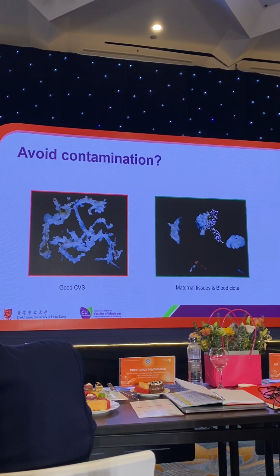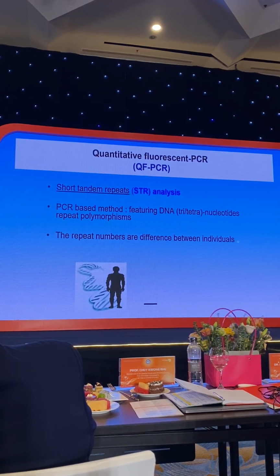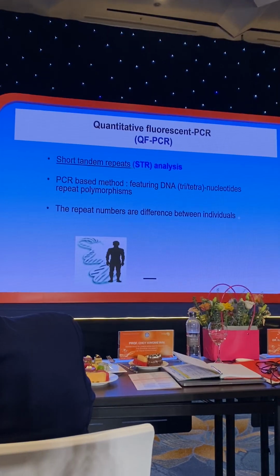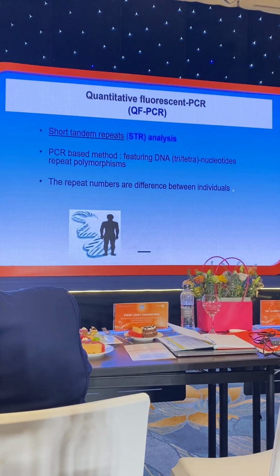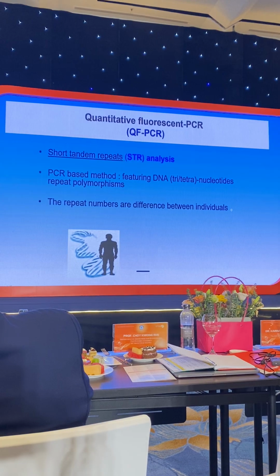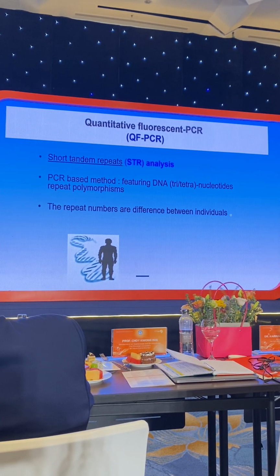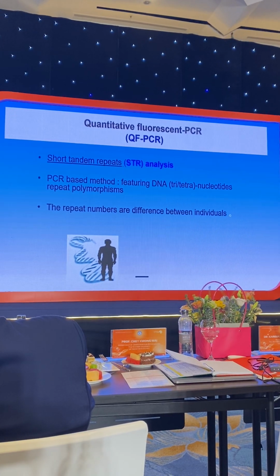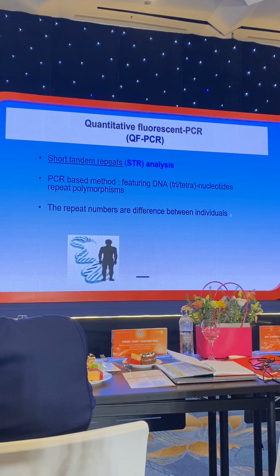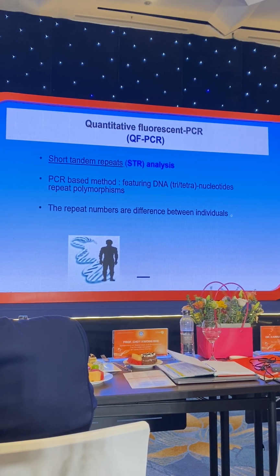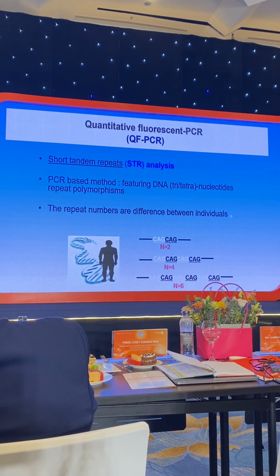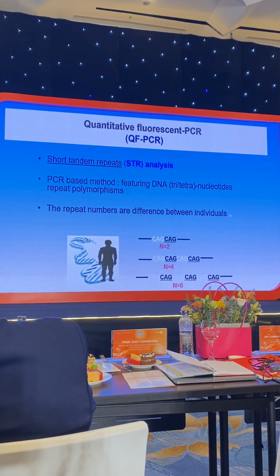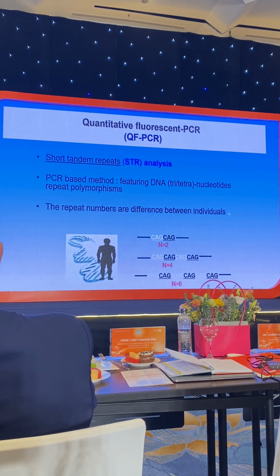But what I want to bring up is, what's the best test? The simplest one, right? I echo what Professor Mark said this morning. Actually, quantitative fluorescent PCR. It's an old technology, very fast. I understand even from the hospital locally, only a day and you have a report. So it's very important. It's a very simple principle because in our genome, we have short tandem repeats, we call STR, that between you and me, actually our repeat number is different. So by differentiating this repeat number, we know whether we inherited the copy from our parents, whether they're the same